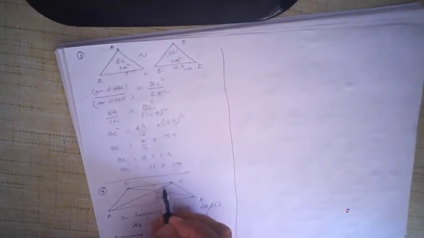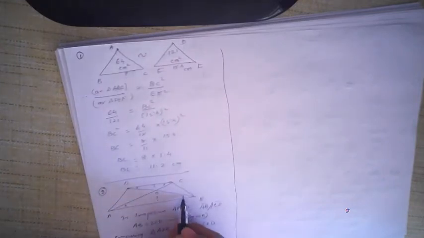If you compare these two triangles, you can see this angle is equal to this angle, which I put with a cross. They are alternate angles. Similarly, this angle is also equal to this angle because AB is parallel to CD. Angle OAB is congruent to angle BCO. Why? They are alternate angles. When two parallel lines are intersected by a transversal, alternate angles are congruent.